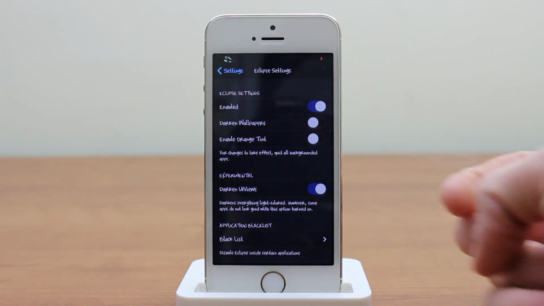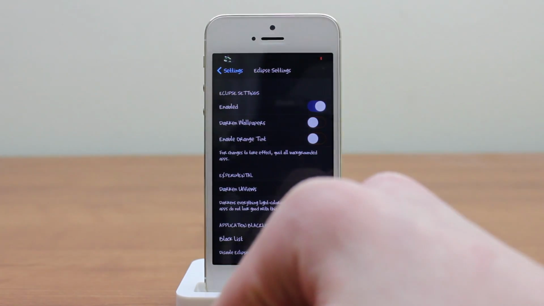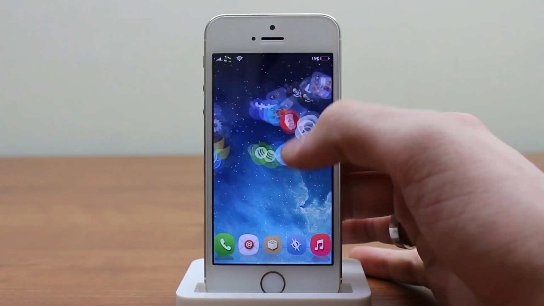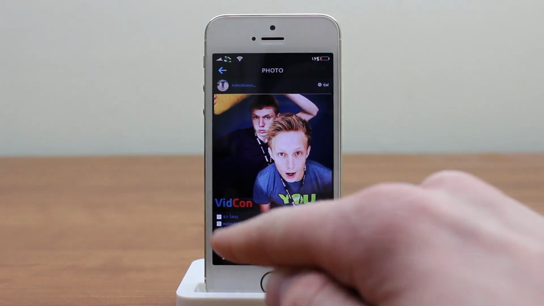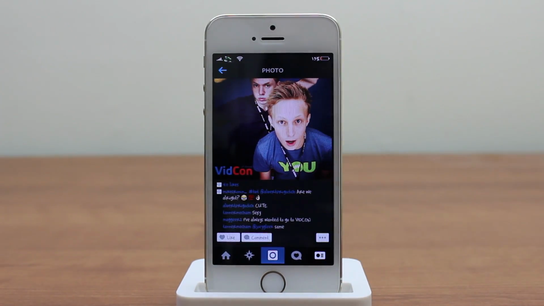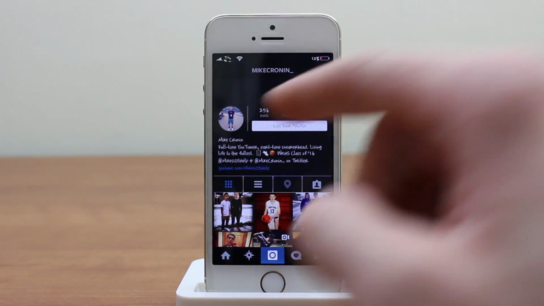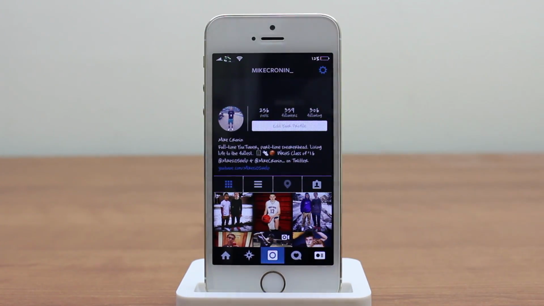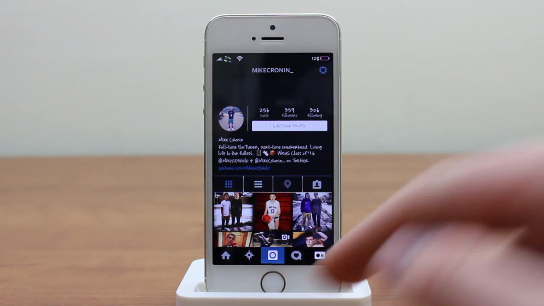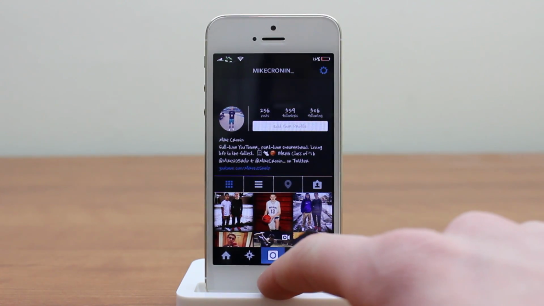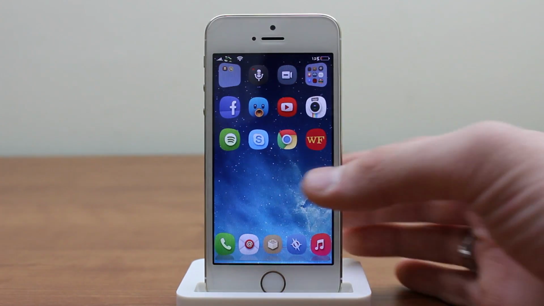And you can even blacklist some apps, because some don't work the best with this tweak. For example, Instagram doesn't work the best. There are some buttons here and there you could see that are just whited out, and then there's some lines all over the place. And there even are some glitches too. You can see I could scroll all the way up here, and I have this little blank space on my Instagram profile page. There are some glitches built into the tweak, which was kind of a letdown and a disappointment for me,